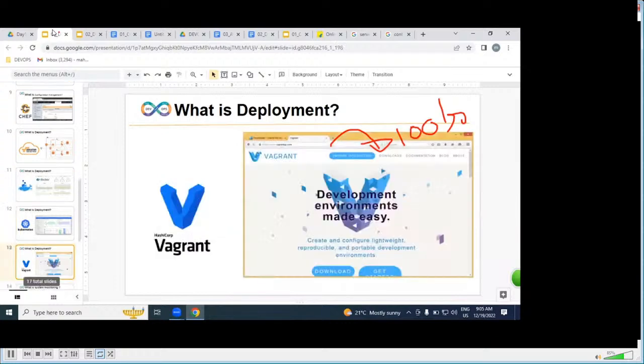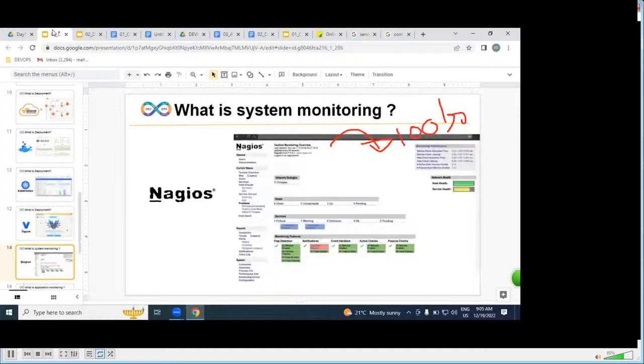Understood very clearly. Not only deploying our applications on Docker and on Kubernetes, we are also going to deploy our application by using Vagrant. Vagrant is a virtual provisioning tool. We can create virtual machines on your laptop, not a production environment, and on top of that we can deploy our applications also. Vagrant is only for laptops, not for production. But AWS is a production environment, Kubernetes is a production environment, Docker is a production environment, but Vagrant is only for dev environment. And we are going to be using Nagios.